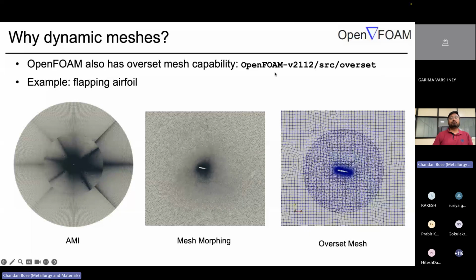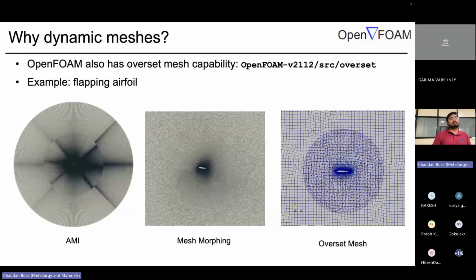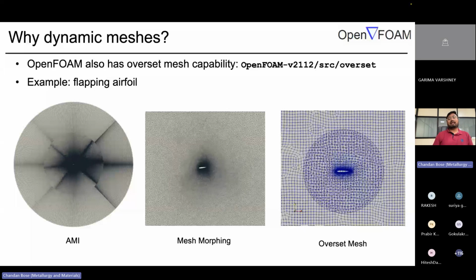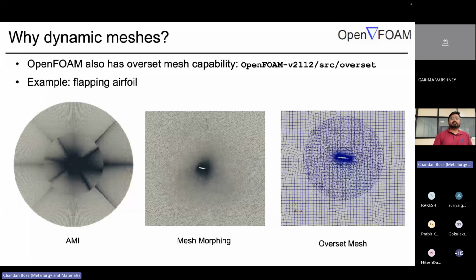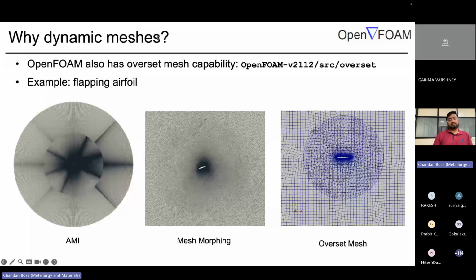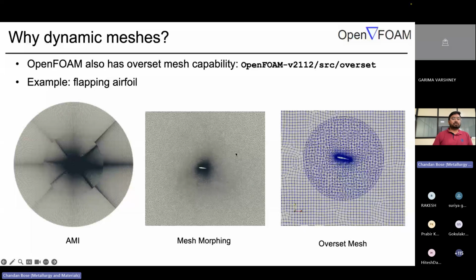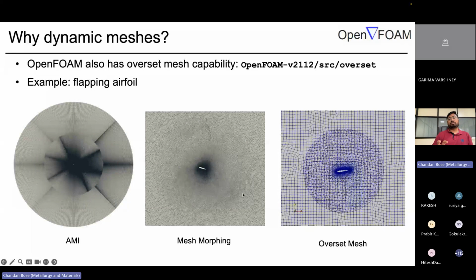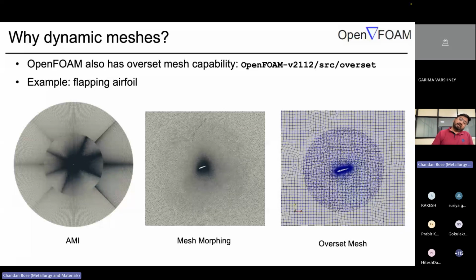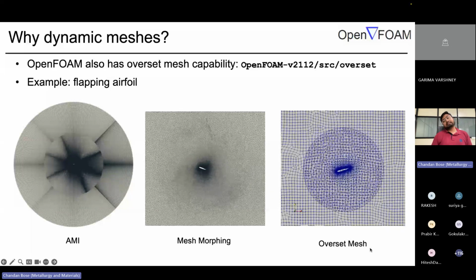So for example, we want to simulate the aerodynamics of a flapping foil, which means either pitching or plunging or simultaneously pitching and plunging an airfoil. We can either incorporate the sliding meshes, as I have shown you in the last animation, by using arbitrary mesh interfaces. We can also use mesh morphing, where we need to deform an inner region of the mesh relative to the outer region. And we can also use the overset meshing strategy, where you can see the interesting thing is